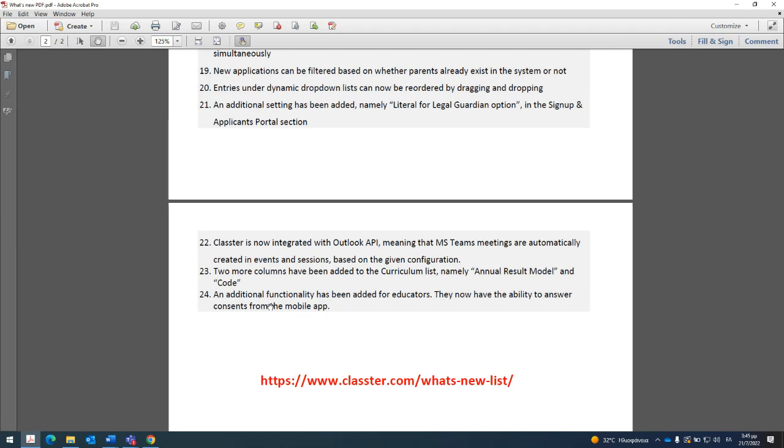And as I said in the beginning, all this information about what's new is reachable from our website, classter.com, in the what's new list, and there you can find, with screenshots as well, all these new characteristics in order to use them